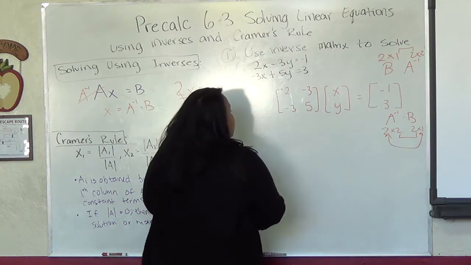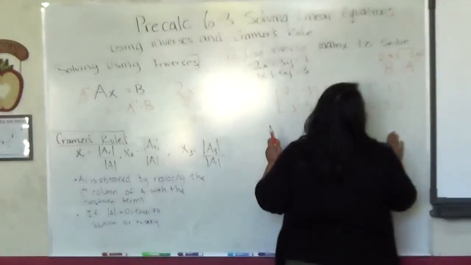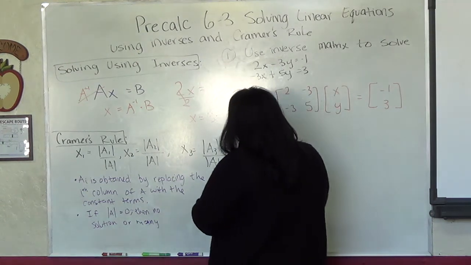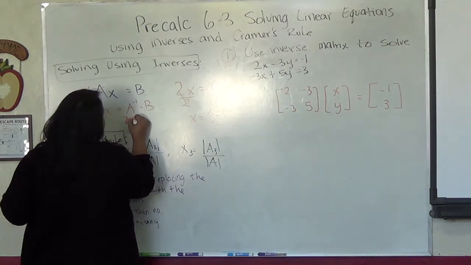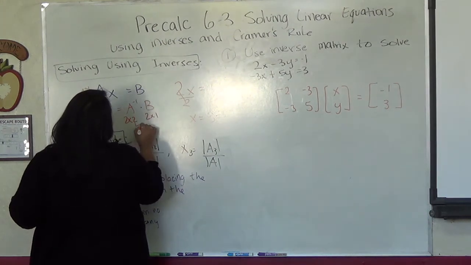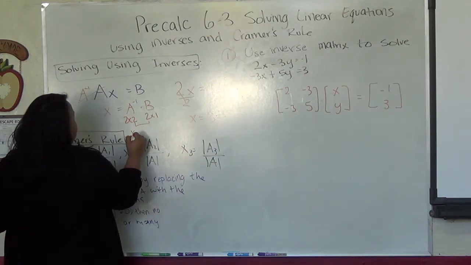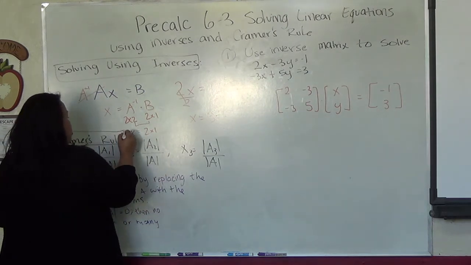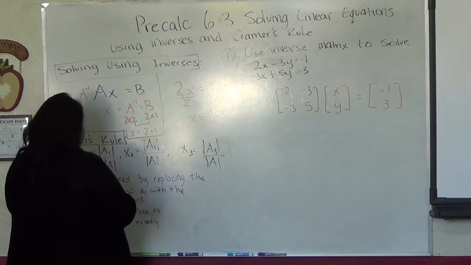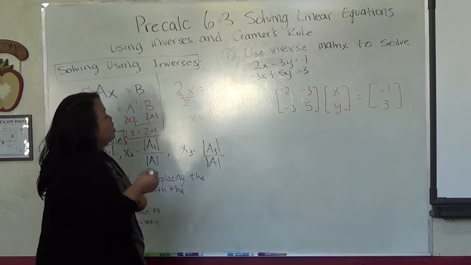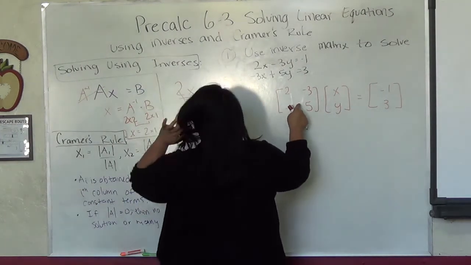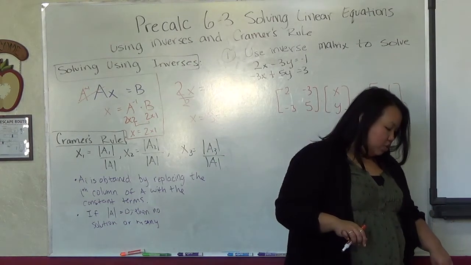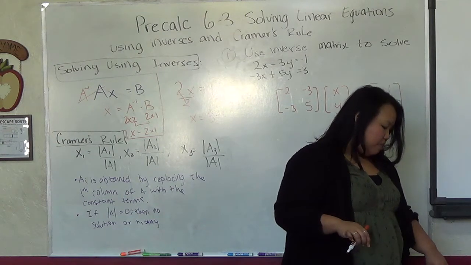Okay. So let's do it. Let me just do 2 by 2, 2 by 1. So that means our X would be a 2 by 1. Okay. All right, so first we're going to find the inverse of this. If you guys look in your books for the equation of the inverse, for 2 by 2 it should be easy, right? It's 1 over the determinant